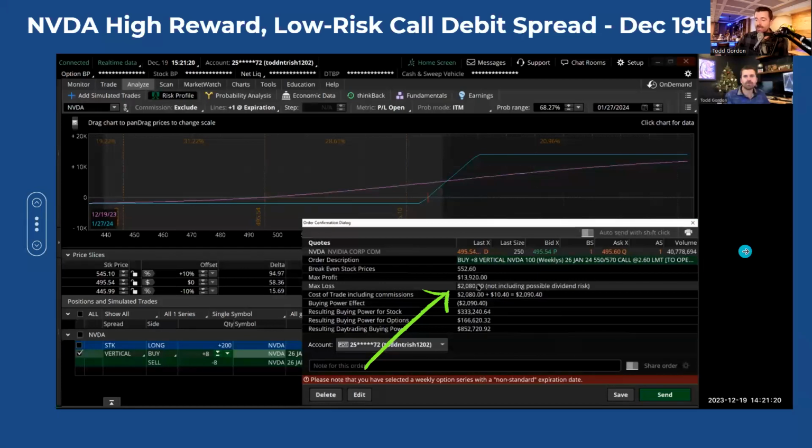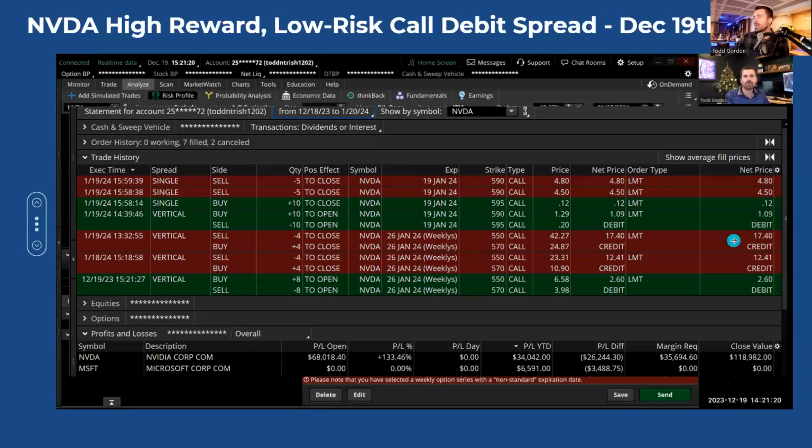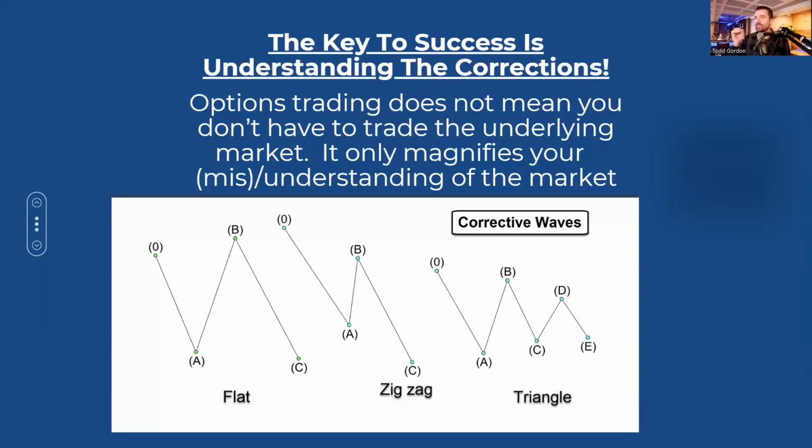Okay. And being that this is the kind of market environment we're in, these trades are out there. These trades are out there right now. Okay. So the key is, as I mentioned, is